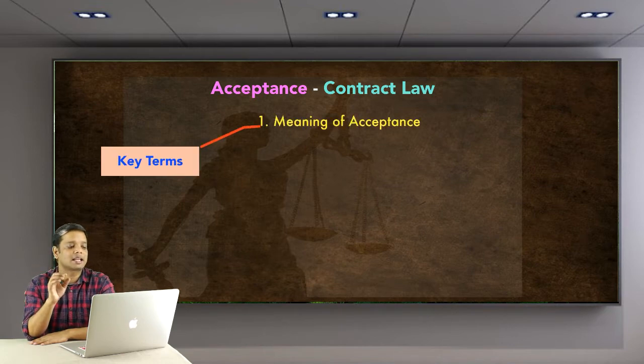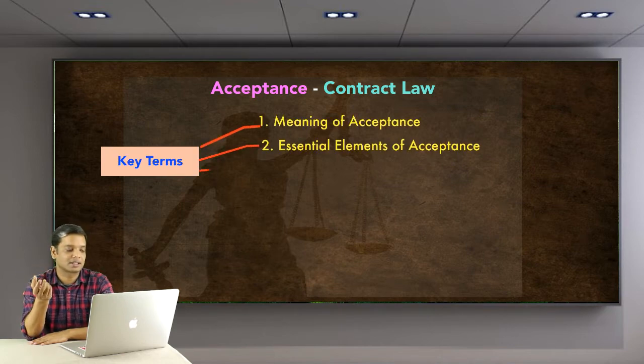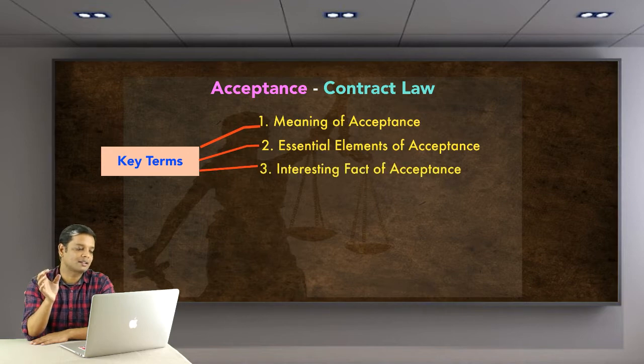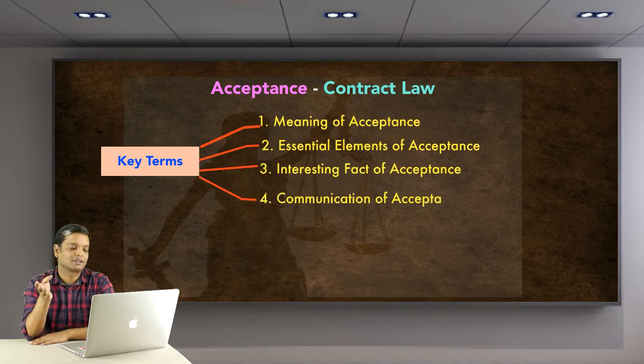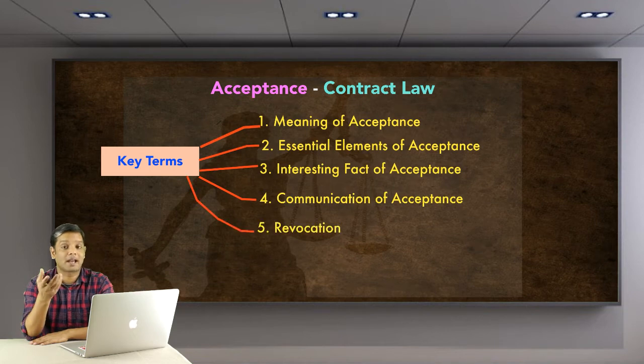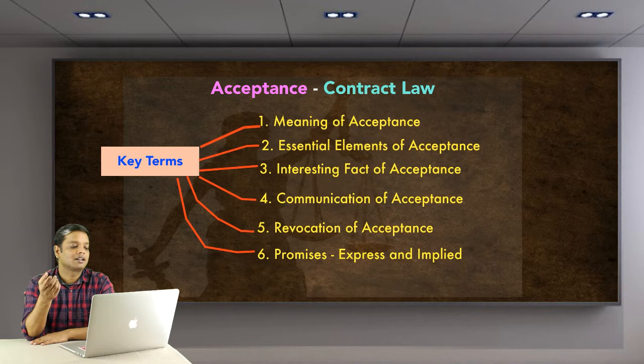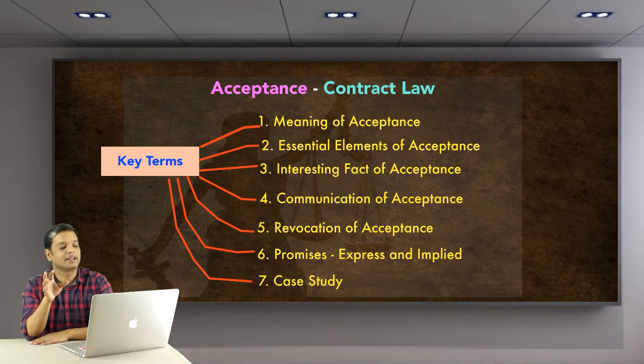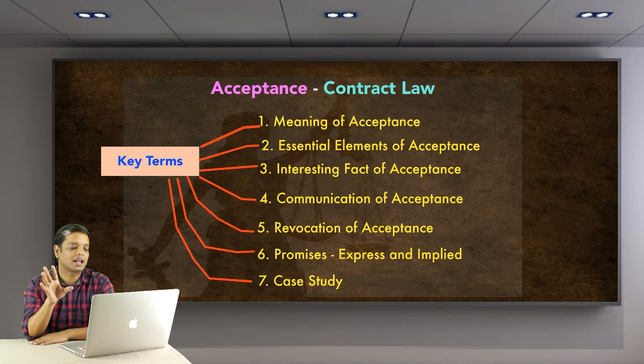The second one is essential elements of acceptance. The third one, interesting fact of acceptance. Next one is communication of acceptance, revocation of acceptance. Next one, promises expressed or implied, and lastly, case study. So we have this many key terms that we will be discussing in this video, and I believe you must